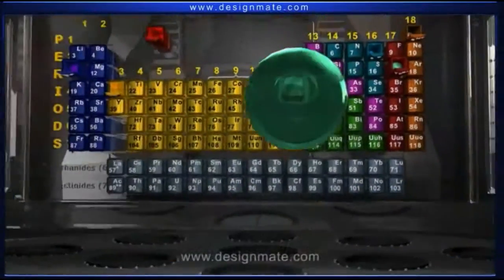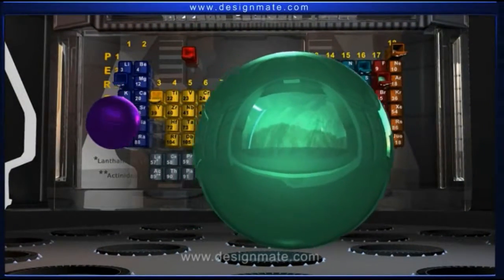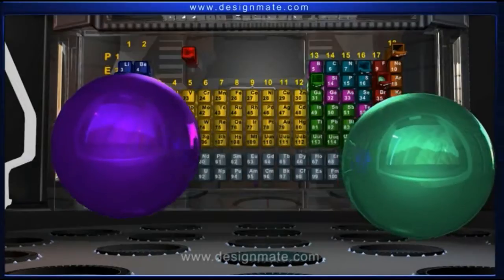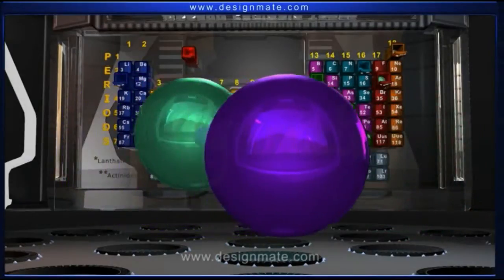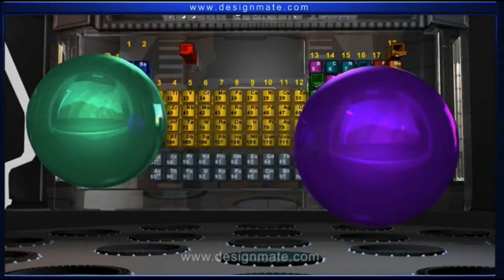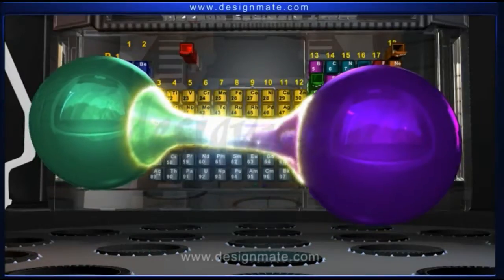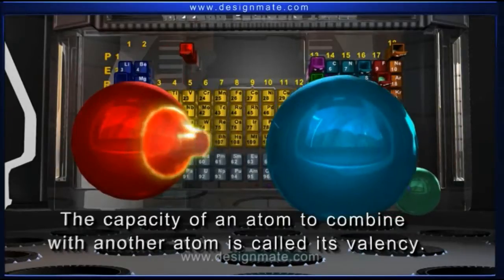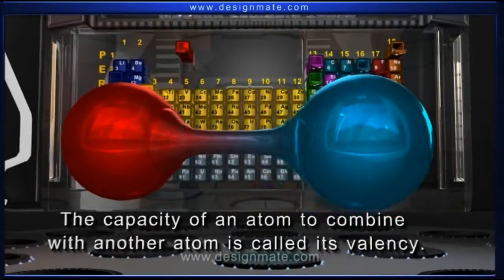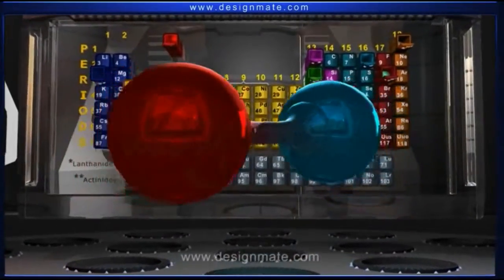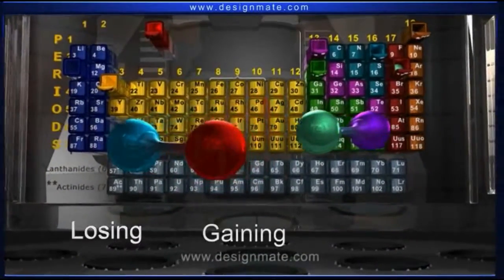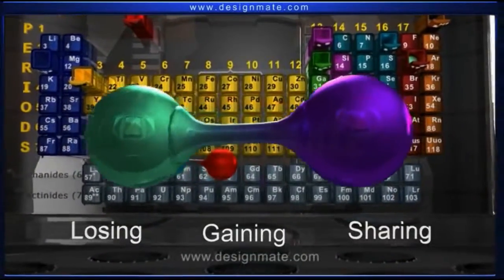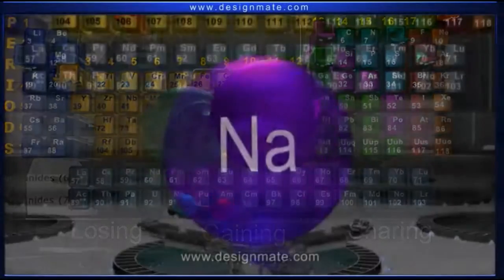On the other hand, the elements with incompletely filled valence orbits have a tendency to complete their octet configuration by combining with atoms of the same or different kind. This capacity of an atom to combine with another atom is called its valency. Elements combine with other elements by losing, gaining, or sharing their electrons. For example,